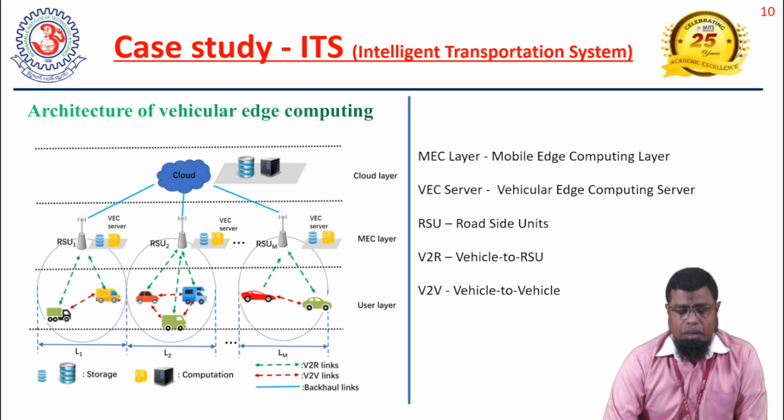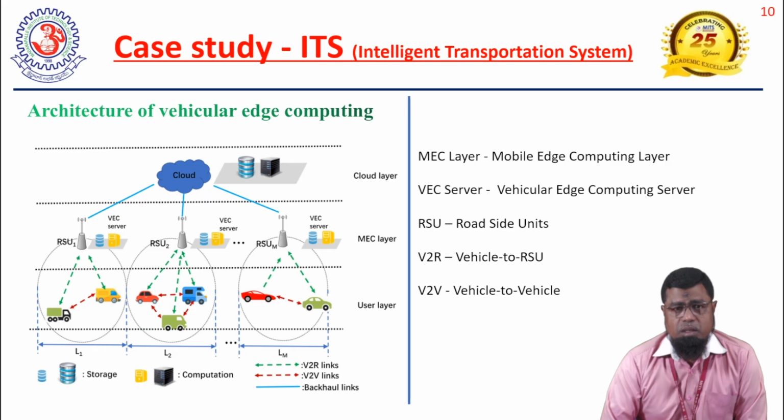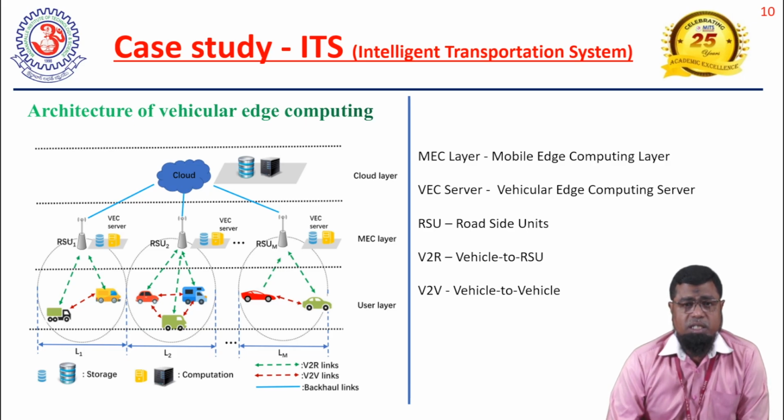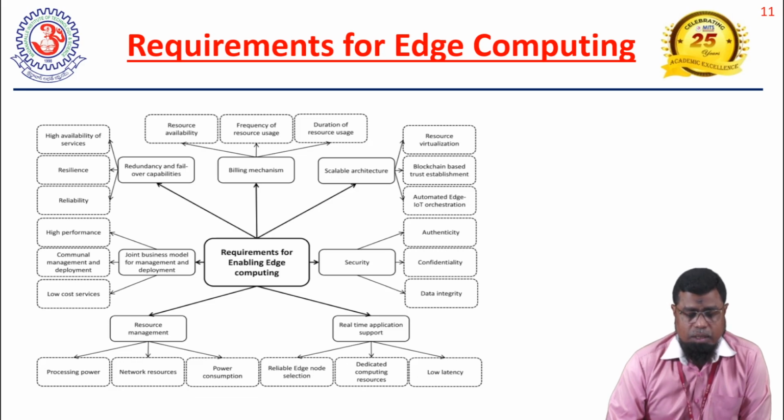Okay, so the diagram represents a very clear real-time application, which is an example of an intelligent transport system, which is a part of smart cities. Nowadays, every country is becoming smart, so they depend on making their cities smart. Smart transportation systems are also a part of it. So this intelligent transport system plays a vital role in making cities smart. So this is an important case study where edge computing is going to play a vital role for such time sensitive applications.